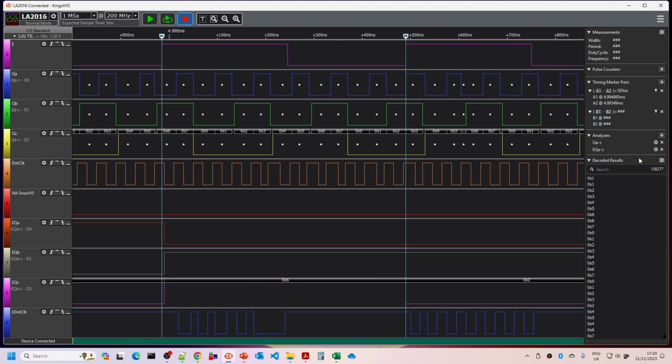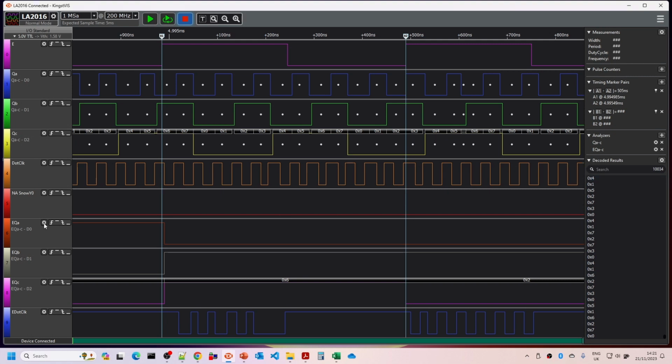And if I change the decoded results here so we only see the lower results, we can see that the starting E cycle values are 4, 1, 5, 2, 7, 3, 0. So there may be a pattern to it, but it's not a particularly straightforward pattern. This is the number effectively that's going to determine the set of conditions that we need to choose for our signals for the read-write, video read-write, and the Y0 signals.